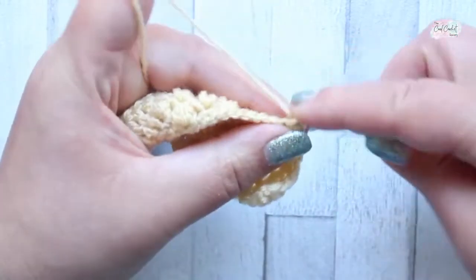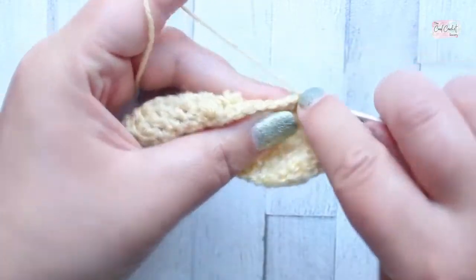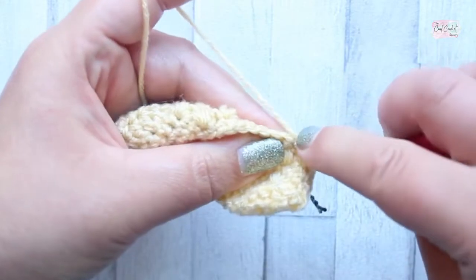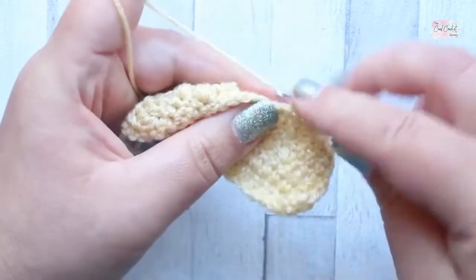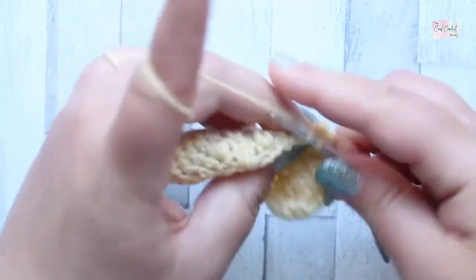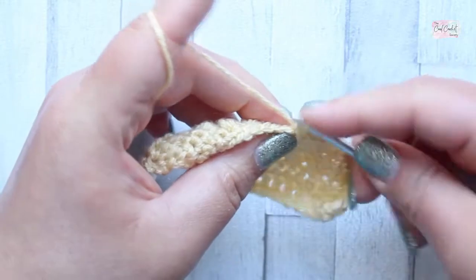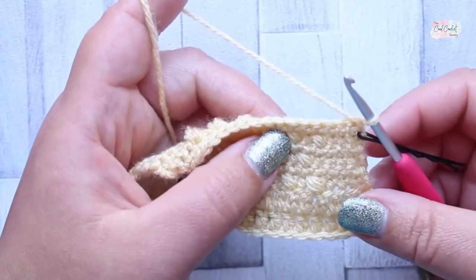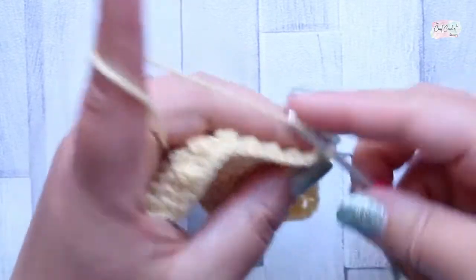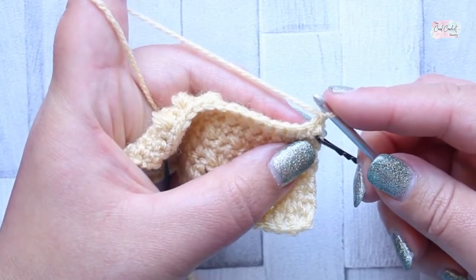Row 8 is a single crochet row. Okay, so I'm going to come back to you for row 9, as that is a decrease row, and I'll show you what's going on there. I'll see you in a second. Okay, so we're at the start of row 9, and row 9 is a decrease row. So you're going to turn and chain 1, and I'm going to make a single crochet 2 together over the